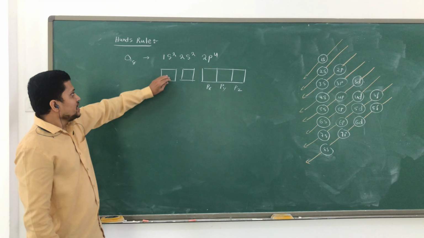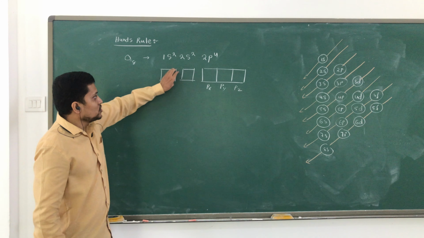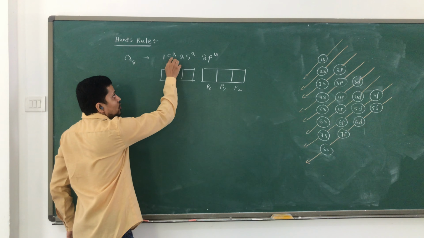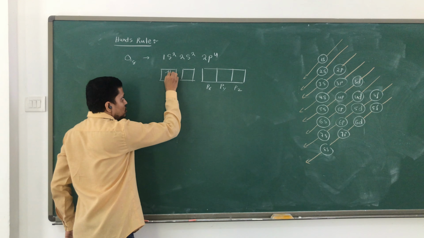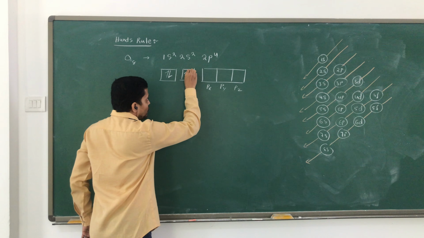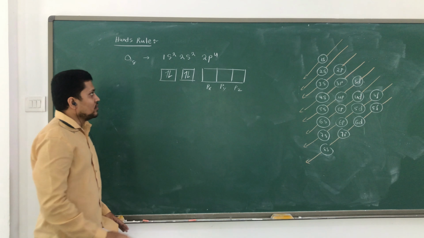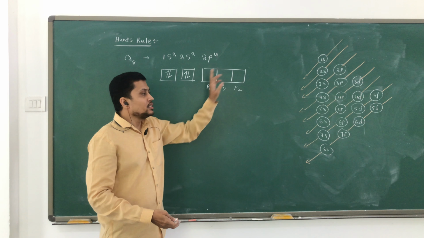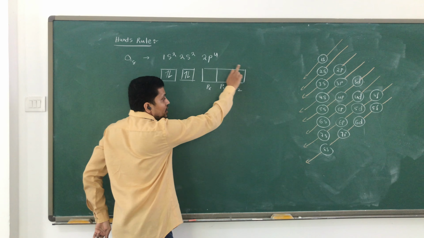Now when I am filling the 1s or 2s orbital, I am simply filling the orbital with electrons. Because in an s orbital how many electrons do we have? 2 electrons. So 2 electrons are filling here. In the 2s orbital also we have 2 electrons, 1 and 2, that we are filling. After that, the next 4 electrons are entering these 3 subshells of the one total p shell.